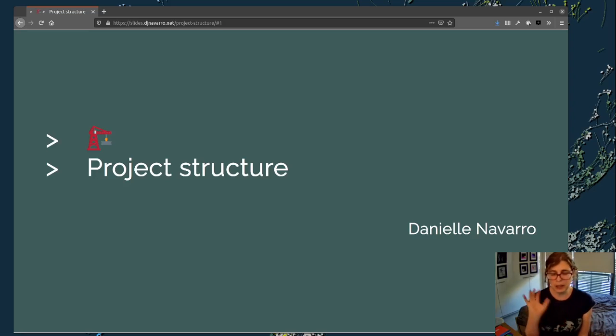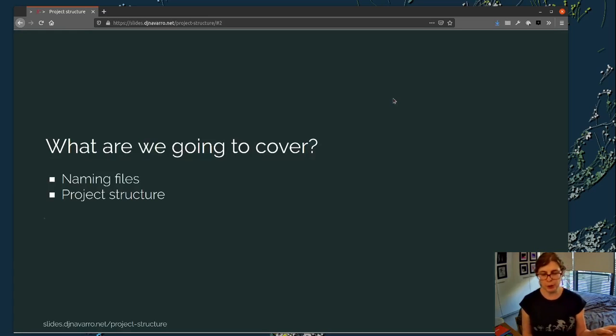So I'm going to go through some basic things you can do to help structure your project a little better. It's mostly low-tech, so there's not actually going to be very much programming in this at all. So here we go. This comes in two parts. In the first part, which is what I'm going to record now, I'm going to talk about how to name files, which seems like the kind of thing that should be obvious, but in my experience of making lots of mistakes, this isn't as obvious as it looks.